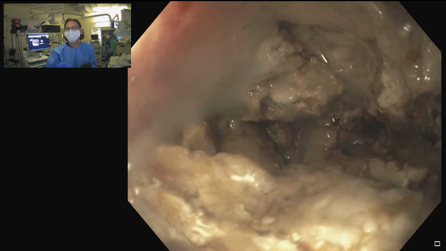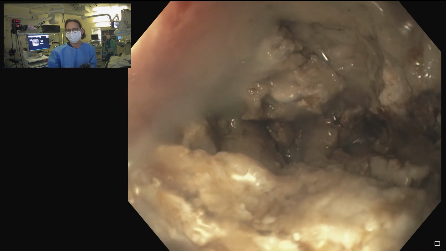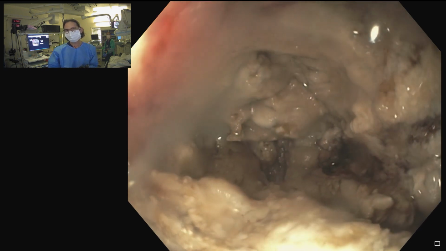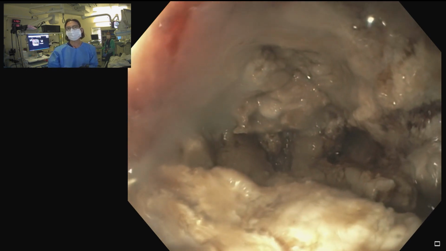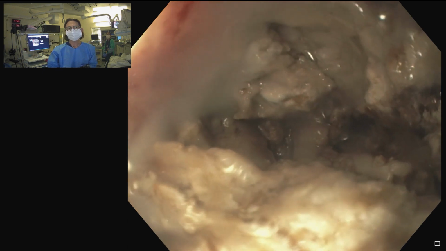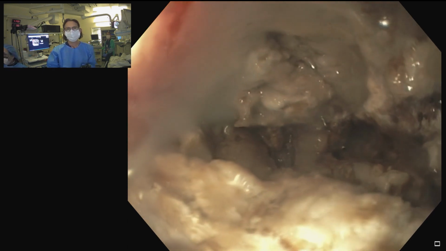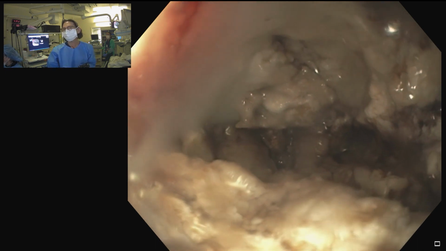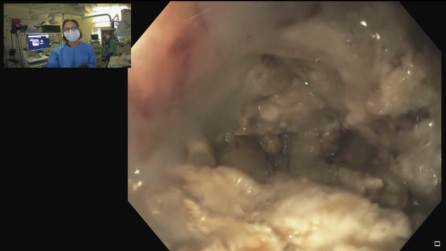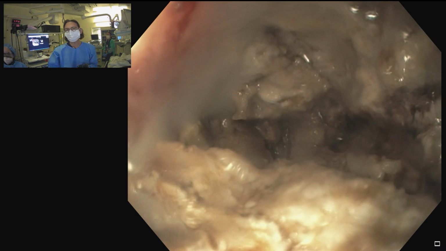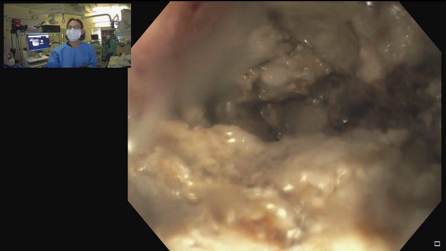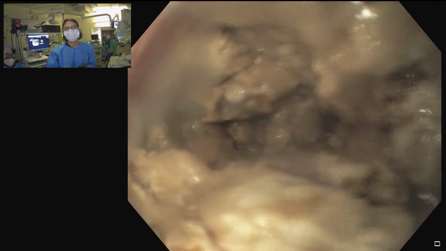Now, if this patient did not have a percutaneous drain, I would discuss this ahead of time. But since he has a percutaneous catheter, I think it's acceptable to irrigate through that and see how this evolves. But I'm suspecting that I'm